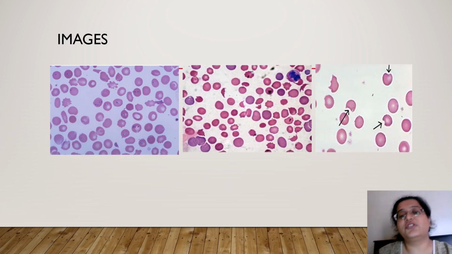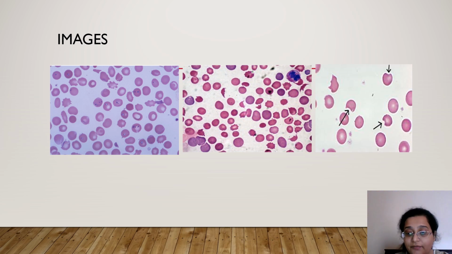So these images just want to show you that spherocytes can accompany other features or conditions. Most commonly they are secondary. So we don't have to jump to hereditary spherocytosis. Here you can see that there are parasites present with few spherocyte-like cells. Here you see a lot of schistocytes or acanthocytes. These are polychromatophils. They are slightly bluish. Okay, see this over here. And these are not spherocytes.